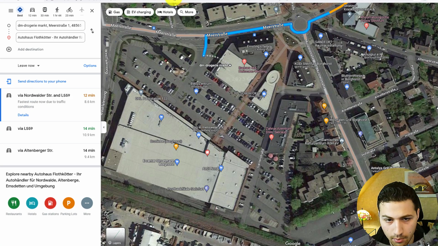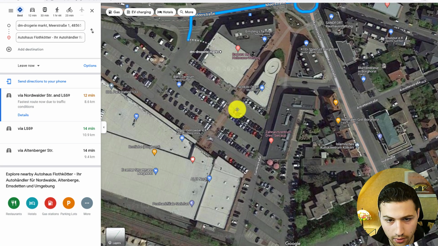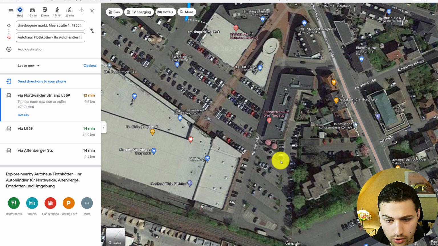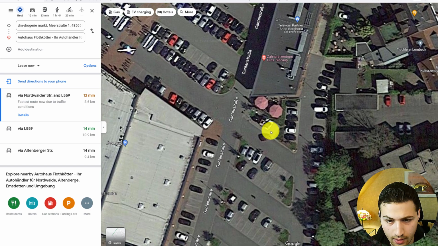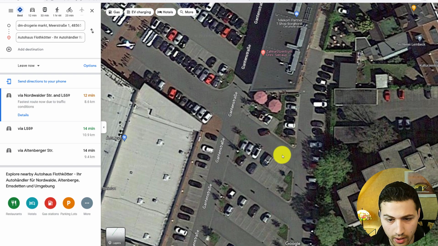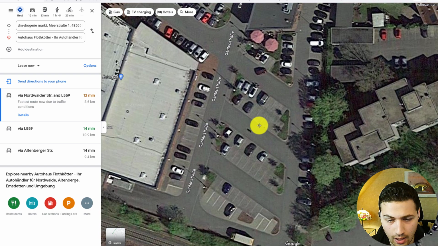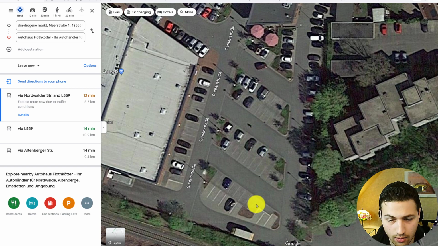So let's come back here again and see where this is. If we look closer, we can see here are the two umbrellas, and here is the parking house where he actually parked. Now I believe that he parked his car right here or right here,